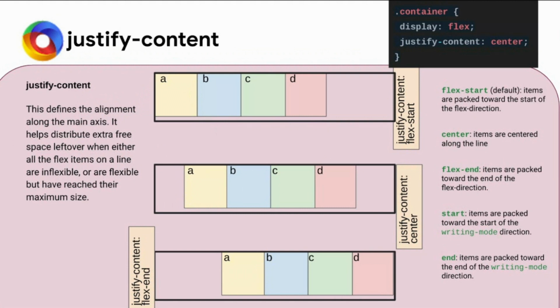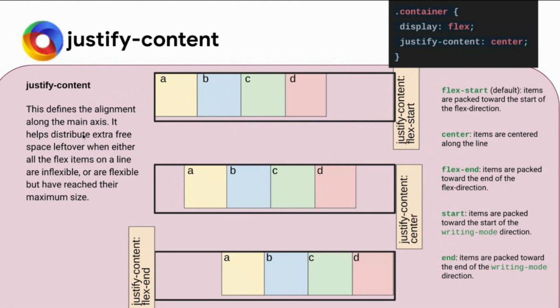For example, if I write flex, justify content flex start, it will start all the items from the beginning. So first item, second item, third item, fourth item. It will not alter their width. It will keep the same width that it has by default, combine them, and start everything from the beginning. If I put center, the combination of all the four would come into the center. If I put end, it will move everything to the end.